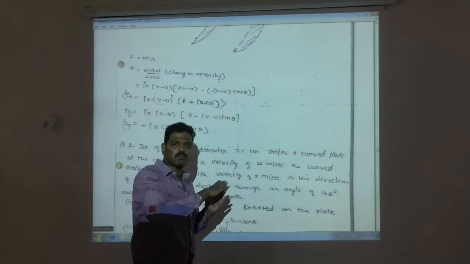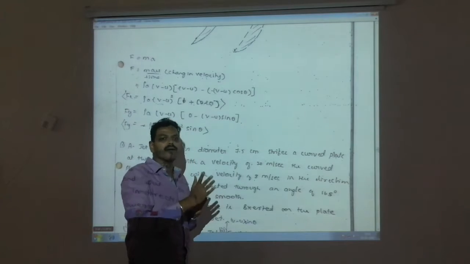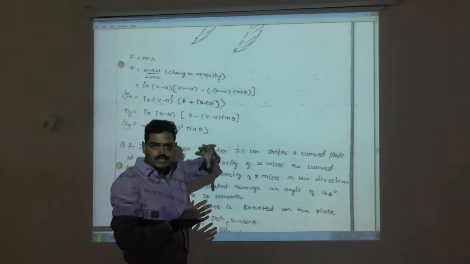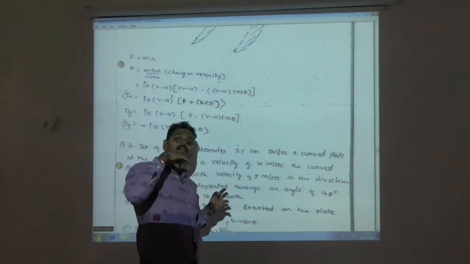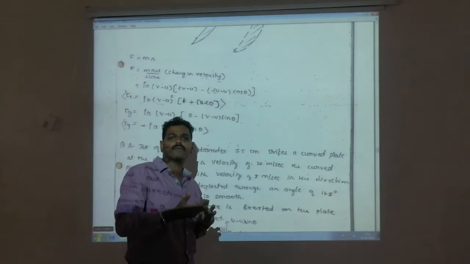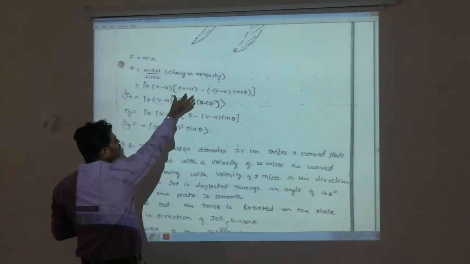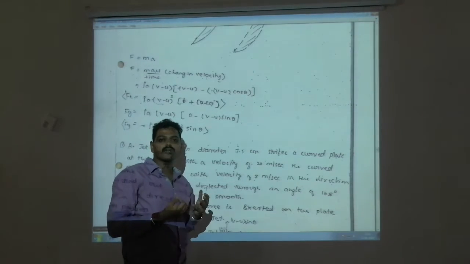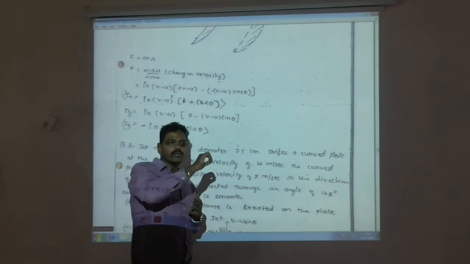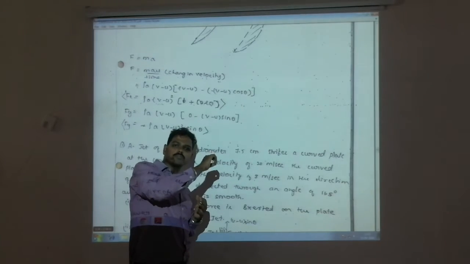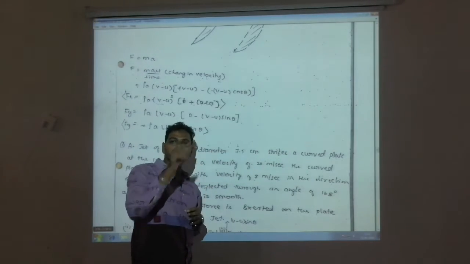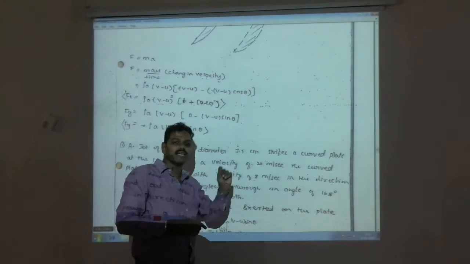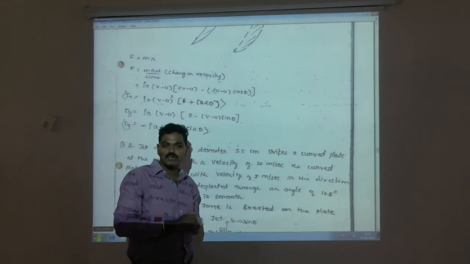After striking, the plate is moving. So when it starts moving, the initial velocity becomes v minus u, because v is the speed of the jet of water and u is the velocity with which the plate starts traveling from its initial place. Then minus the final velocity, which is now with respect to the curved plate. What we are considering as v minus u is with respect to the x direction. But the curved plate is just like a semicircle, either top end or bottom end, so it will be inclined. So it should be resolved in terms of horizontal and vertical components.